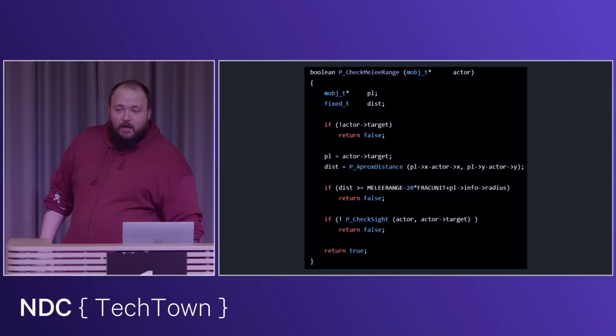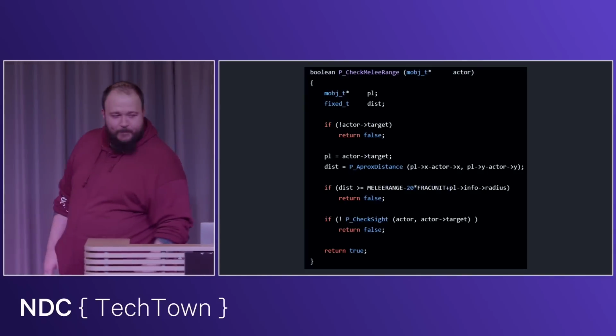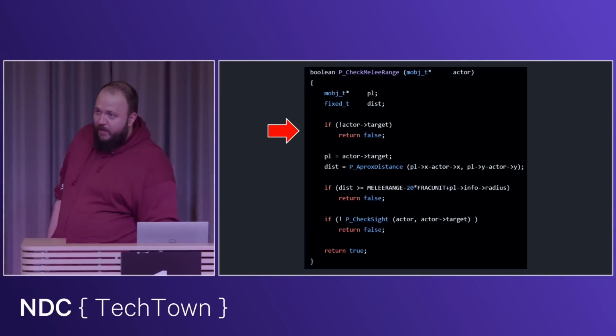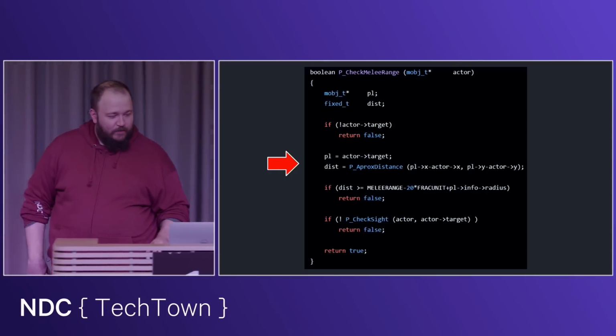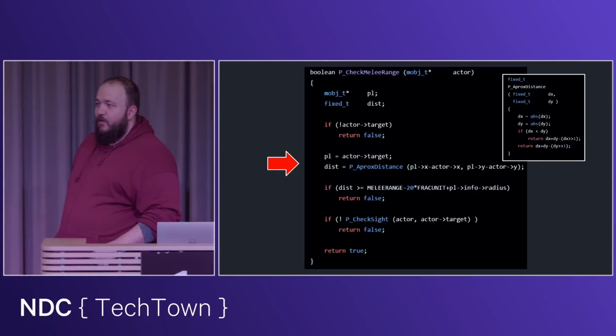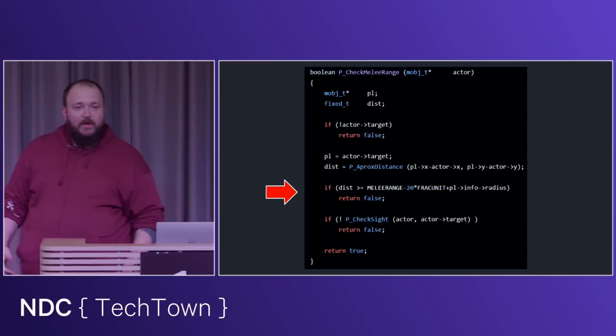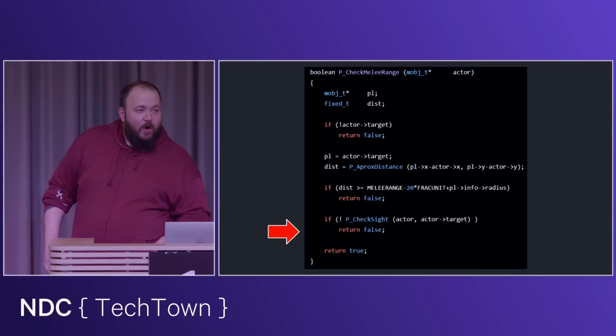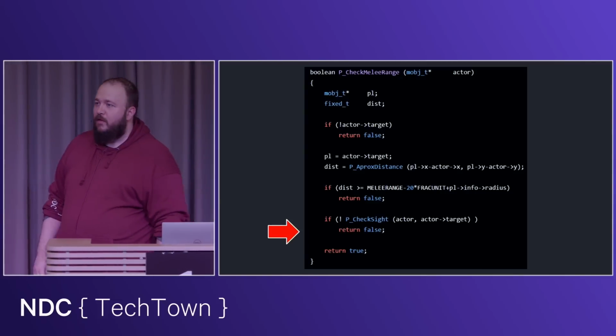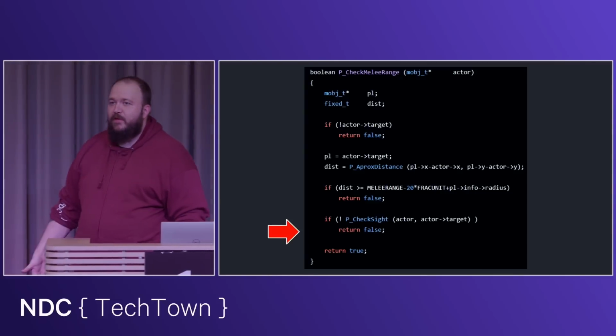Yeah. So this is a function. Functions can have if statements and ask questions. Functions can call other functions, right? You can do some math within those functions. You can even do math in the if statements, which is a fun thing to see. You can do other checks, return booleans, right? So this will run on everything, right?